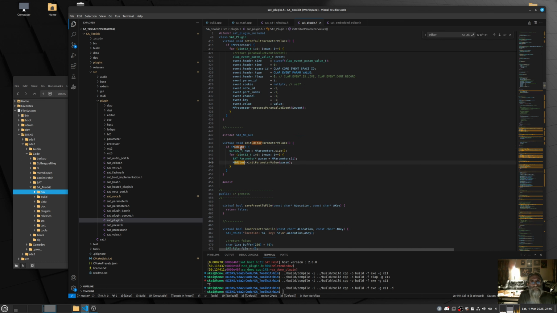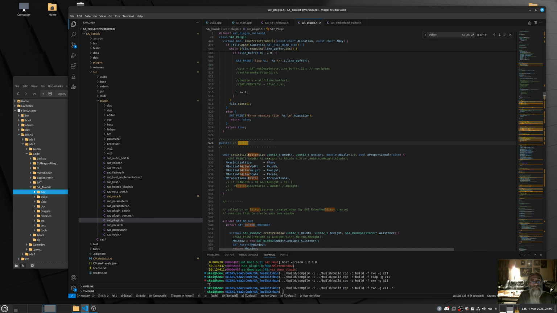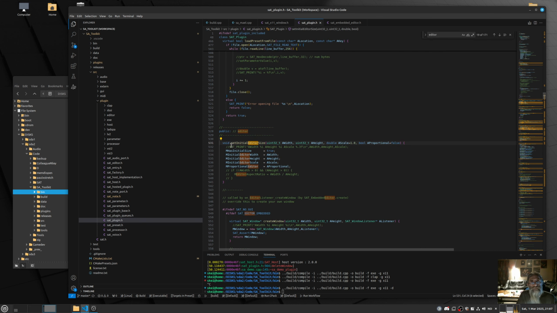Init editor parameter. This is for setting up, when you open the editor, you want all the parameters to be the correct values. So this is just going through them all and sending them over to the editor. Same editor size. Let me see, because the editor is created, the size of the editor is given to you before you open the editor. But in X11, it wants to know the size of the plugin editor when you create the window. So I just save it here and wait for the